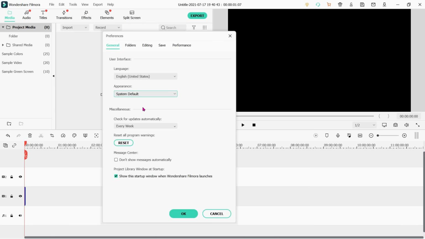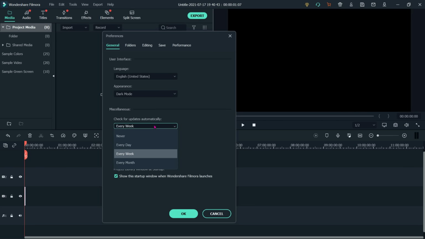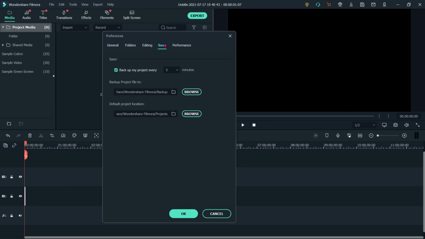Okay, and then there is check for updates automatically. There are options: never, every day, every week, every month, and you can also reset all program warnings. And then there is save backup project every 5 minutes, backup project file.